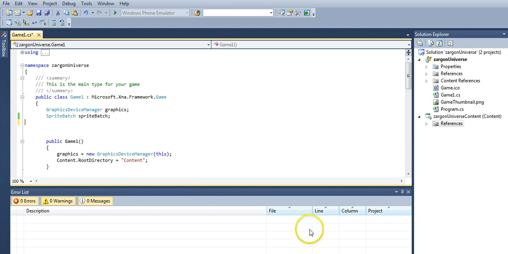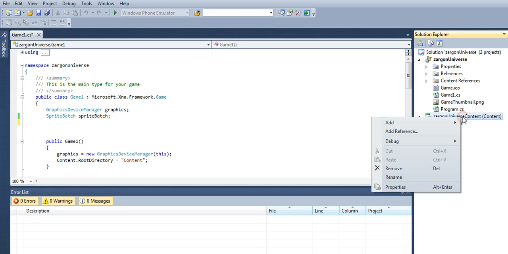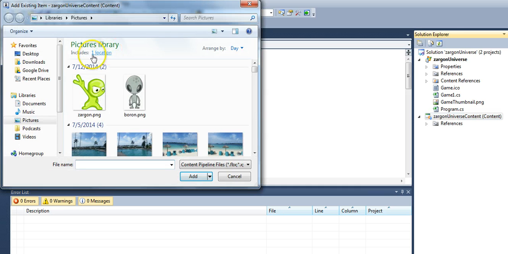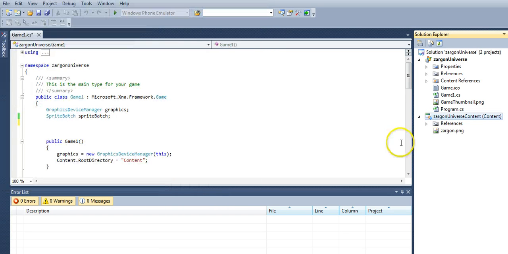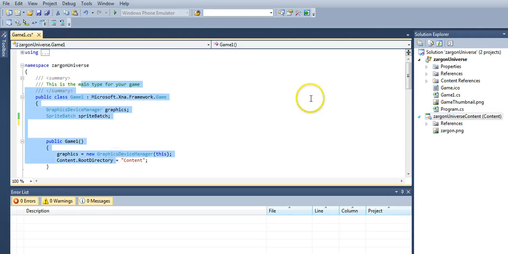So the number one step you're going to do is over here in the content, we have to add that content to our program, to our project. So if you right click on that, you can add. And because that file already exists, I've already saved it on my computer, I'm going to go to existing item. Okay, and you're going to need to browse to your picture folder. Okay, and there is Zargon waiting for me. I'm going to add that, and you should see over here Zargon has been added to my content. Okay, it's not in my game yet because there's no reference to that in my code, but it's ready to